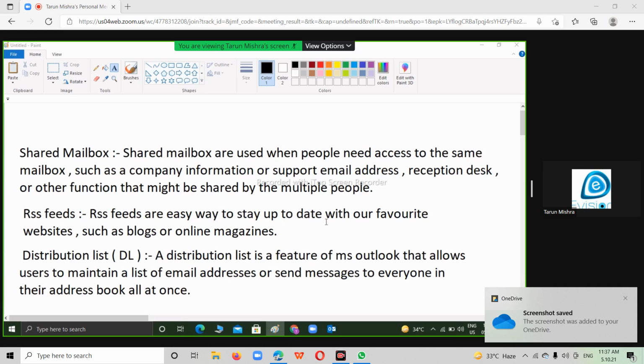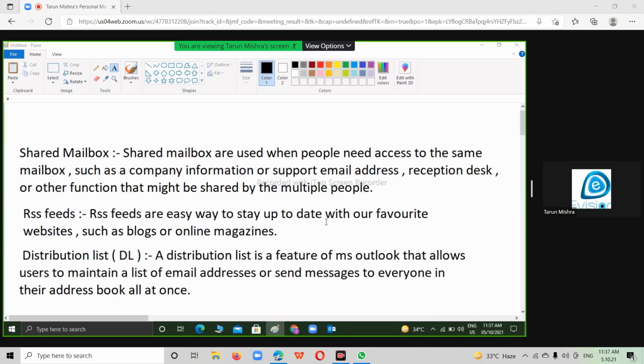Now we have one more thing: GAL, global address list in Outlook. What is the meaning of GAL? Let's try to understand. Shell mailbox is happening in Office 365, but in local Outlook we have a DL, and we can create a distribution list.